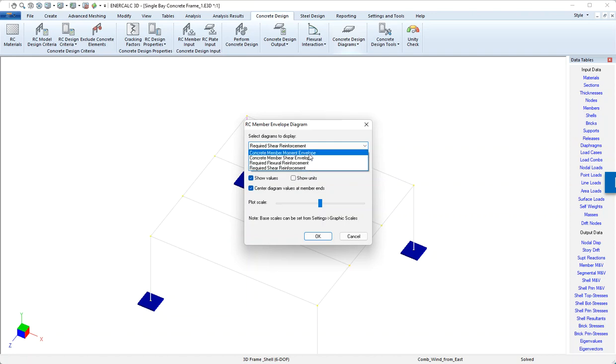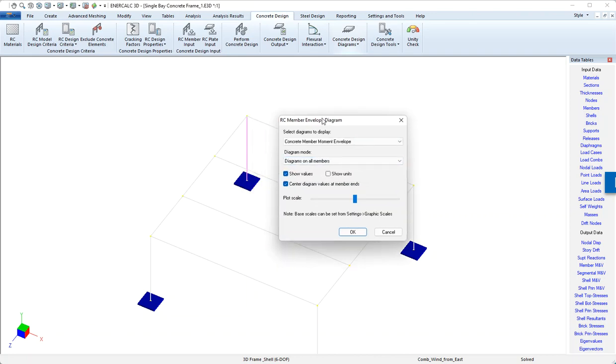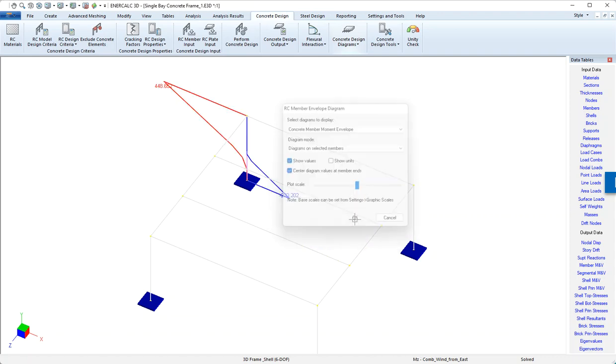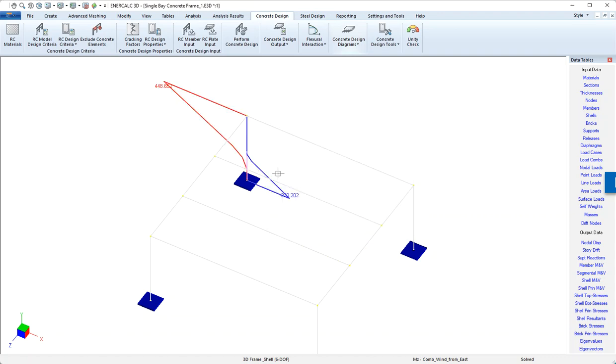Here's the member moment envelope. Be careful when using this dialog, because the way you clarify the view is to select this last one, which is to erase existing diagrams. So what we want to do is show the diagram on, let's show it on the selected members so it's even less to see. And there we have a nice moment